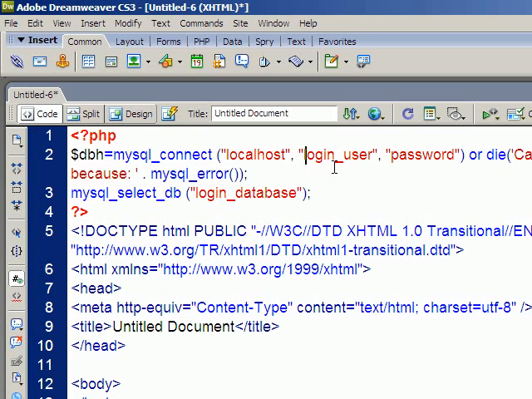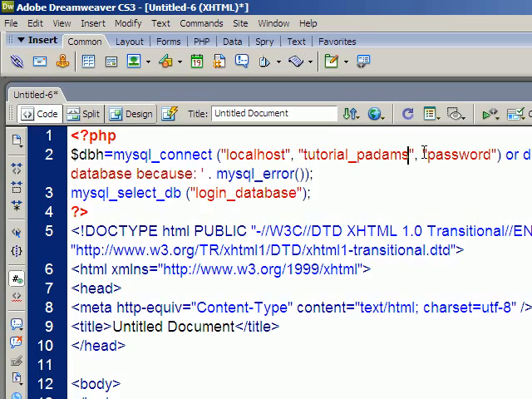Now with the StackNZ server that we've been using, we get a kind of a funny username. In general, it's just whatever username you set up for your user on the cPanel, but in our case it's two-part. The login, so that's your username that you use when you first log into cPanel, in my case it was tutorial I think, and then the user, and I'm trying to think who I set, it was probably P. Adams, and then